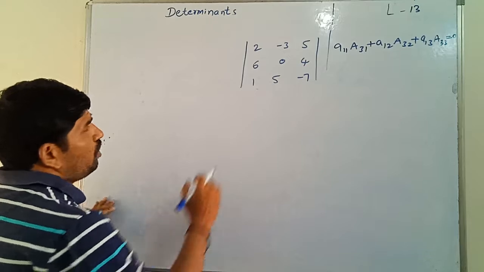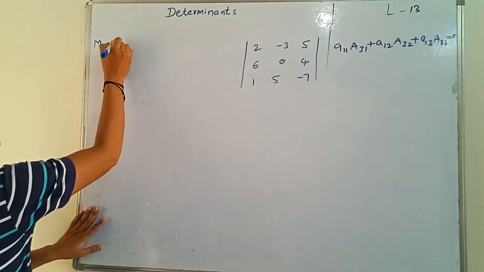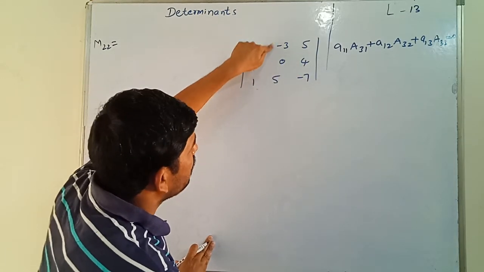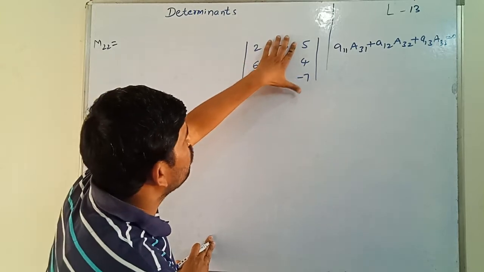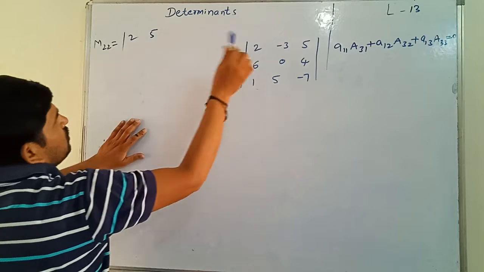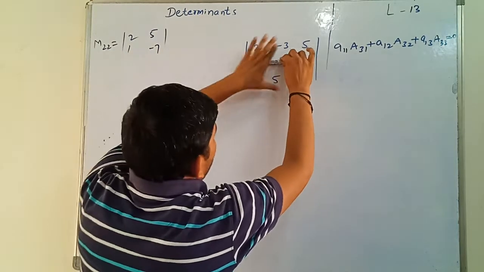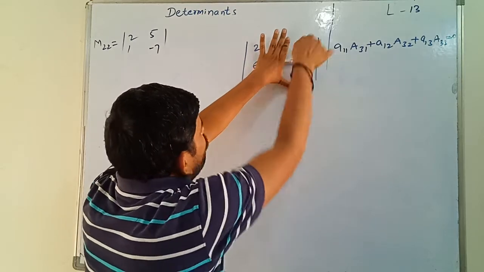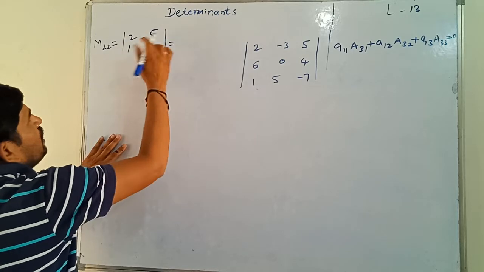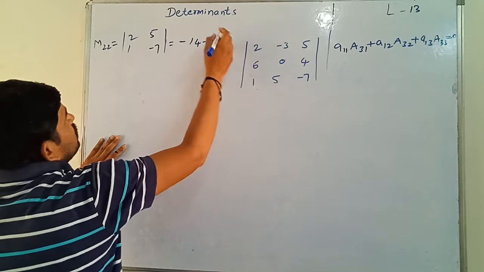Up to here we have completed now. Now I am taking here M22. M22 is equal to, what is that? Second row, second column. By closing this part, 2, 5, directly I am writing it, 2, 5, and 1, minus 7. See once again, this is the part I am going to place, yes or no. So 2, 5, 1, minus 7. Then the result will be what? So cross multiplication is minus 14 minus 5. It will give the result minus 19.